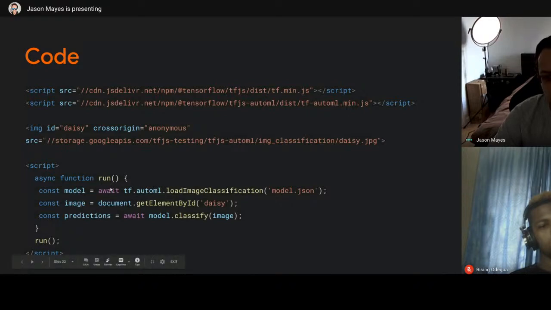So this will then assign the model to the constant called model once it's loaded. Next, we grab a reference to the image we want to classify. In this case, I'm just doing document.getElementById('daisy'), which is this image above on line 3, and this is assigned to a constant called image.